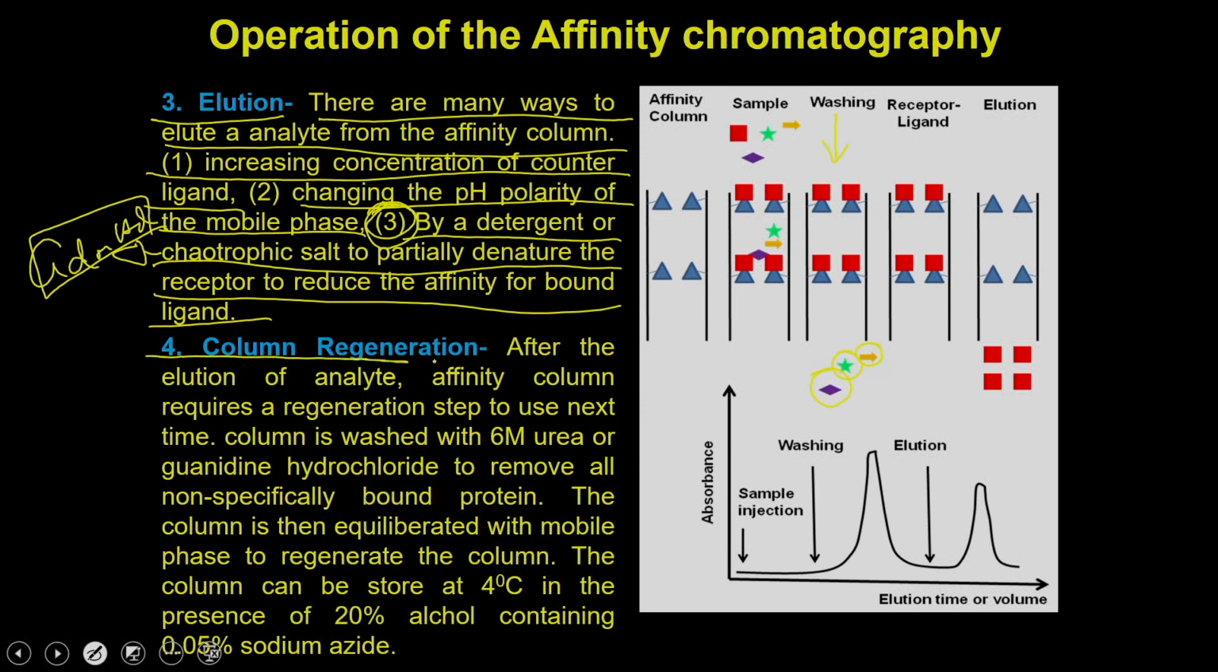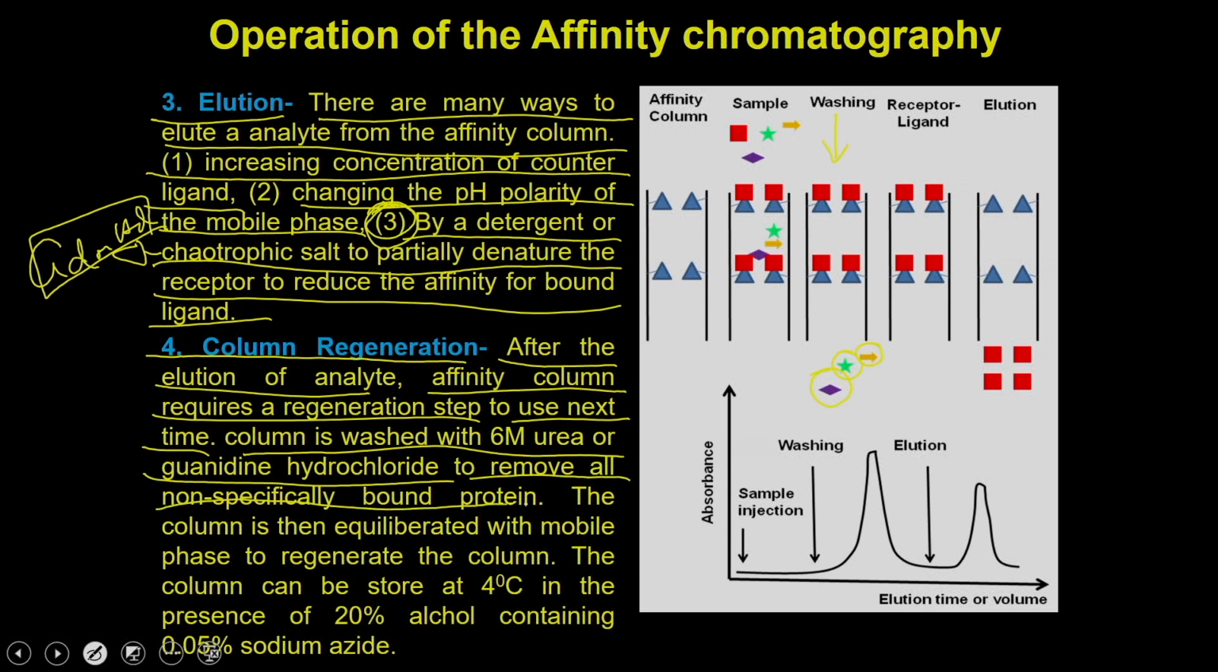The fourth is the column regeneration. Once you are done with the chromatography, you are going to do a column regeneration. After the elution of the analytes, affinity chromatography requires a regeneration step to use the column the next time. The column is washed with 6 molar urea or guanidinium hydrochloride to remove all non-specifically bound protein. The column is then equilibrated with the mobile phase to regenerate it. The column can be stored at 4 degrees in the presence of 20% alcohol containing 0.05% sodium